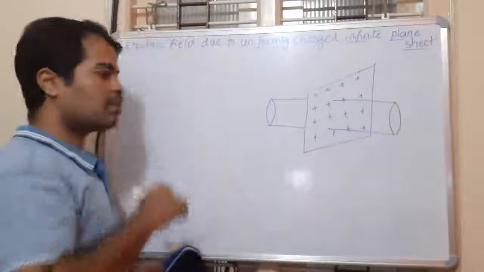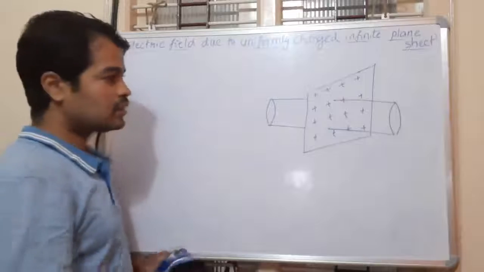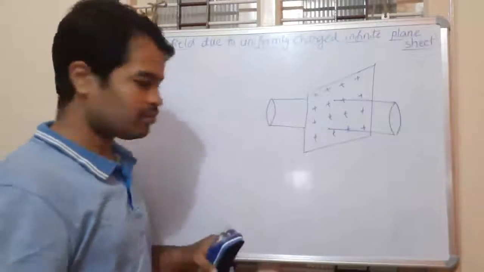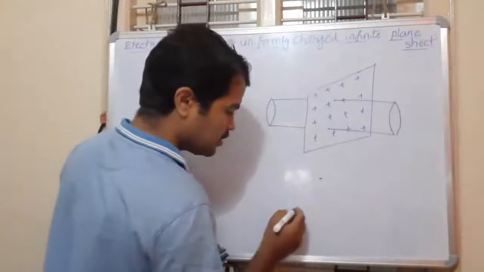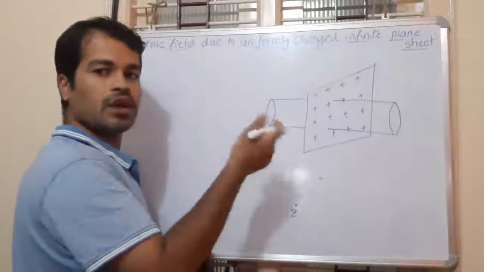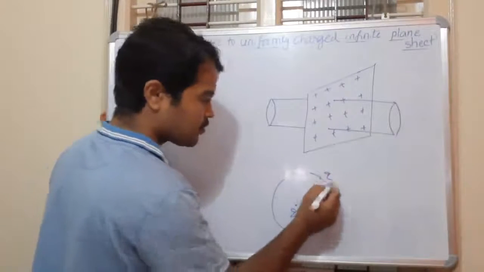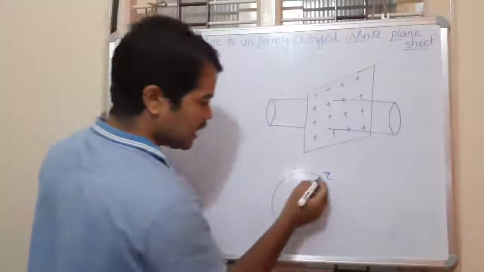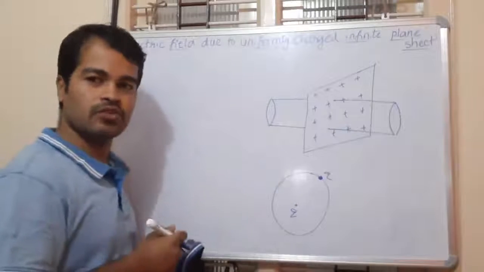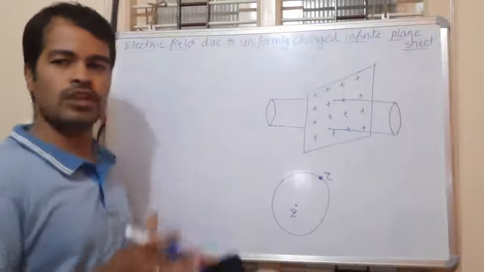When we apply a Gaussian surface, we need to take it in such a way that it should not pass through any discrete charges. Means if I take a charge here, and there is one more charge Q, and I want to find the electric field of these two, I need to consider a Gaussian surface such that it does not pass through them like this. The main reason is that if you come very near to a charge, we don't know exactly how the electric field is going to vary. When you come very near to the charge, the electric field will become enormously large.